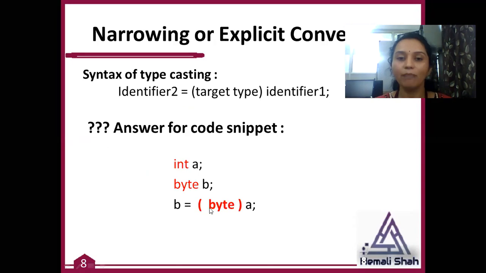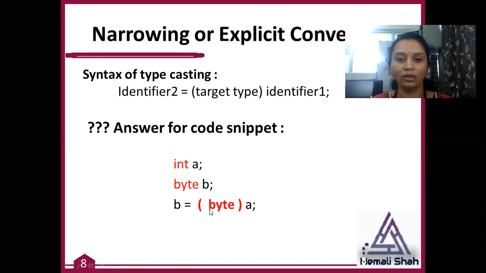I should add byte, because my destination data type, target data type variable b having data type byte. So byte is called a targeted data type, or we can say it is a destination data type. So b variable byte, so we have to add this byte keyword in brackets before the